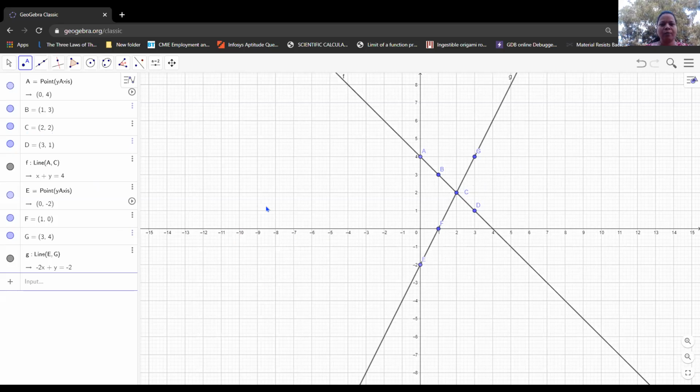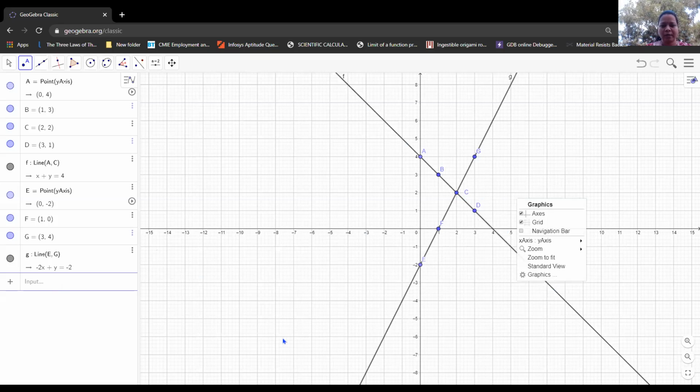So in this way, by using a graph, we can prepare a table for a linear equation. Then we also prepare the table for the second linear equation. We plot the points on the graph paper and draw the first line, that is the graph of the first linear equation, and then the second. Where they intersect, that point of intersection is the solution of both the equations. So the solution of the simultaneous equations by the graphical method for the given equations is x is equal to 2 and y is equal to 2.